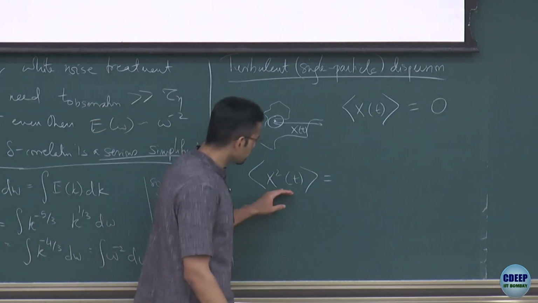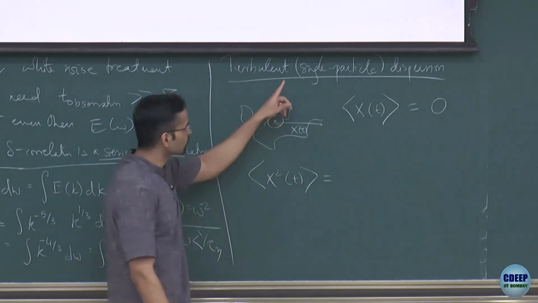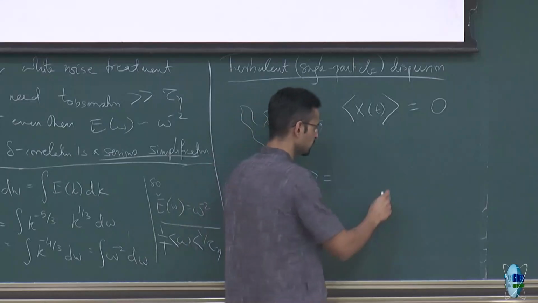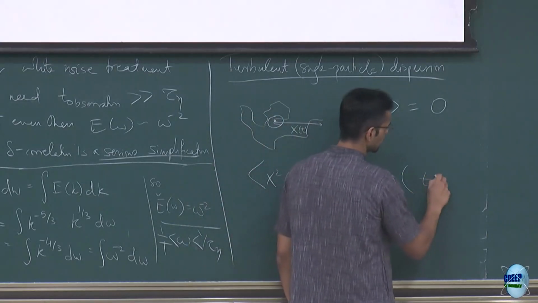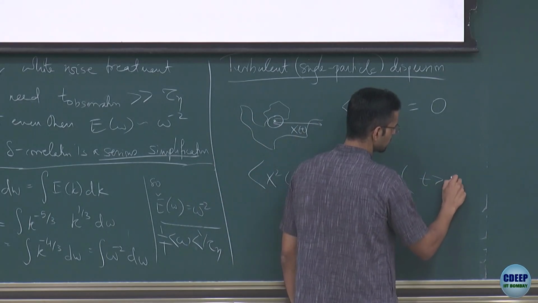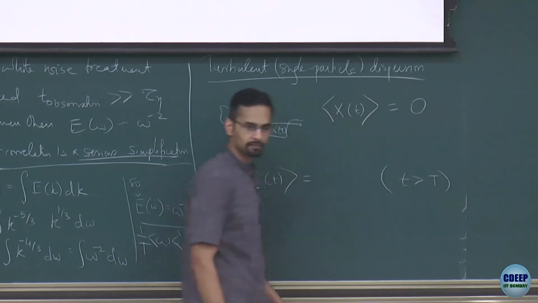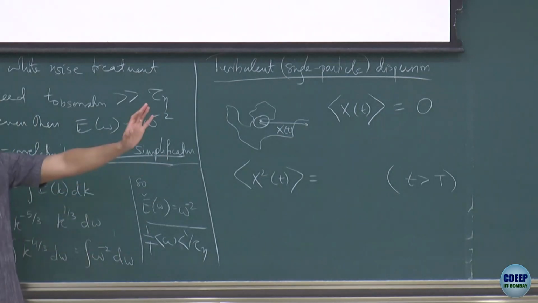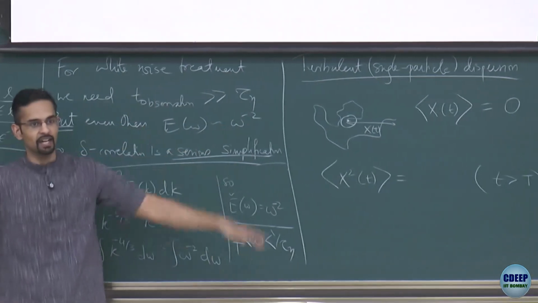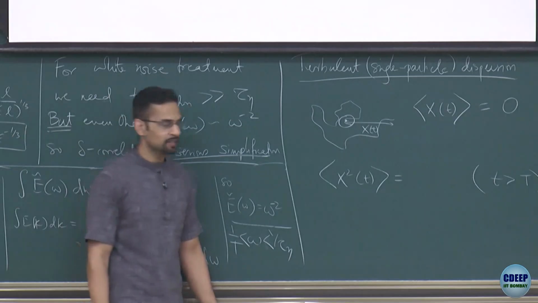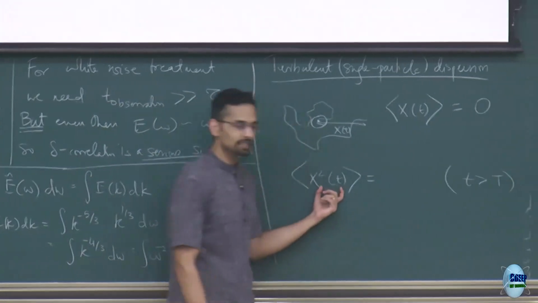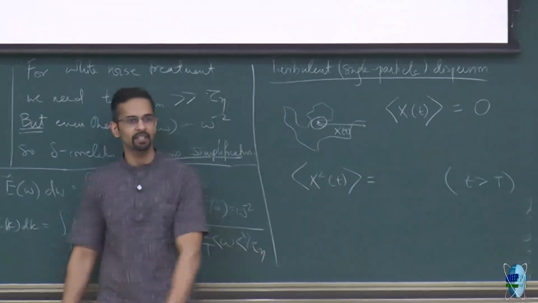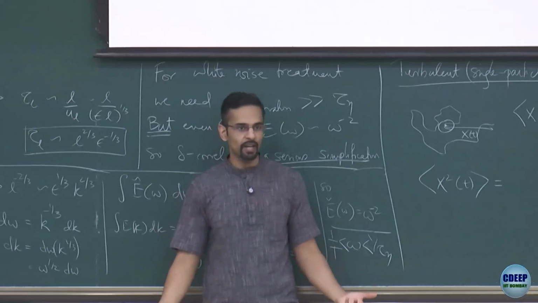We can work this out in more detail, but what I want to do now is just look at the long times. So if I look at times greater than capital T, I'm looking at how this displacement grows at long times, much greater than the large turnover time. Or even, if you like, I'm looking at this quantity at intervals that are much greater than this capital T. So then what will happen?